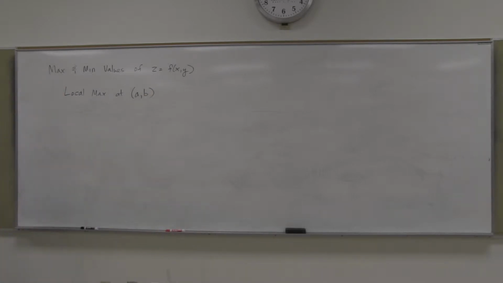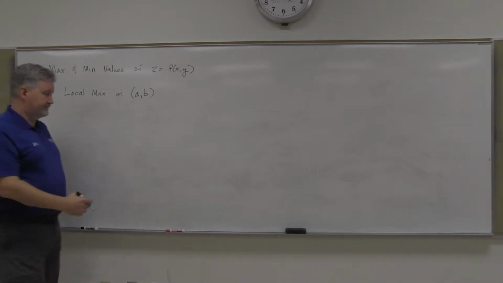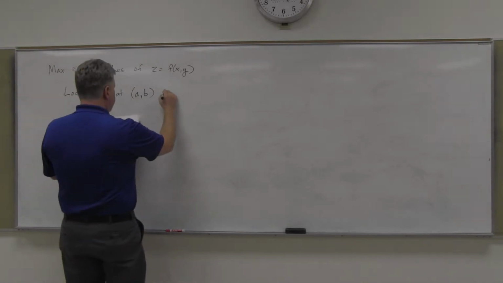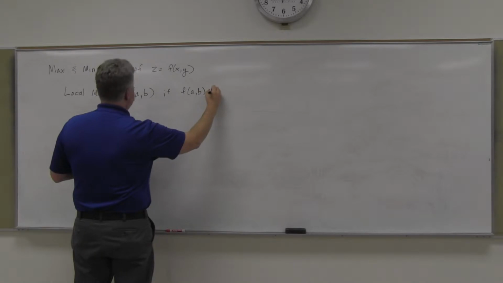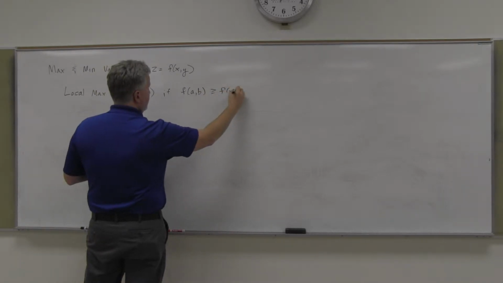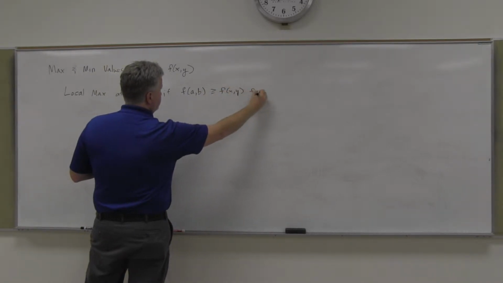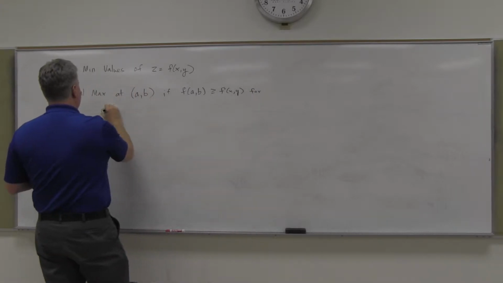There's a local max at that a, b if f of a, b is greater than or equal to f of x, y for all x, y